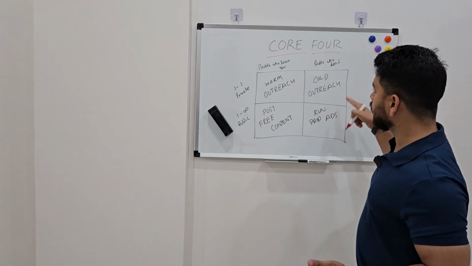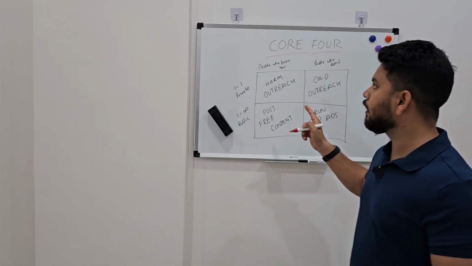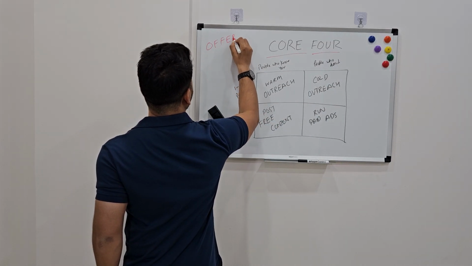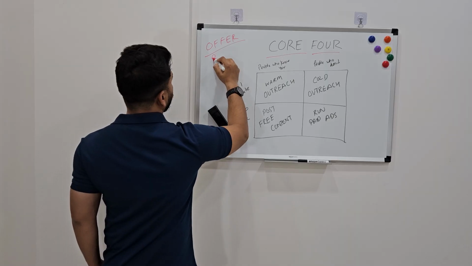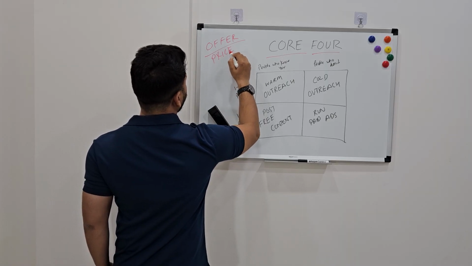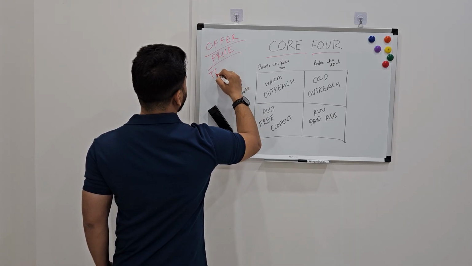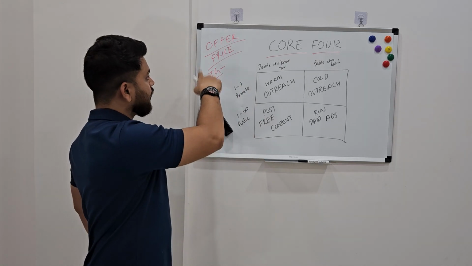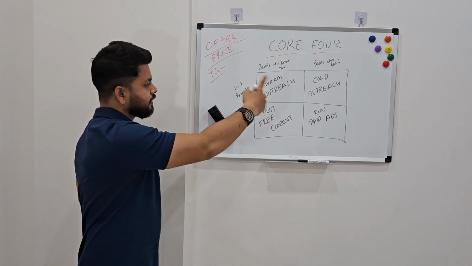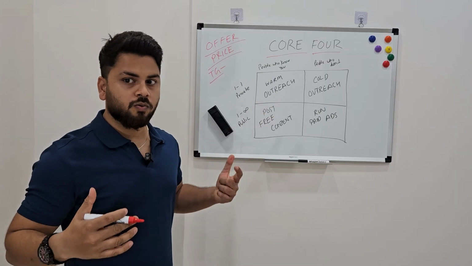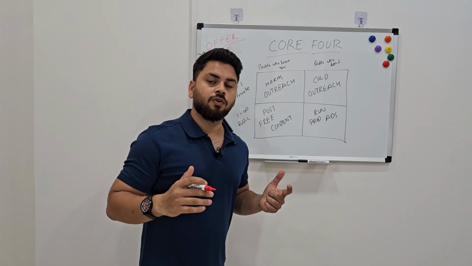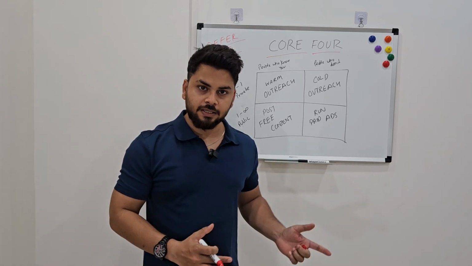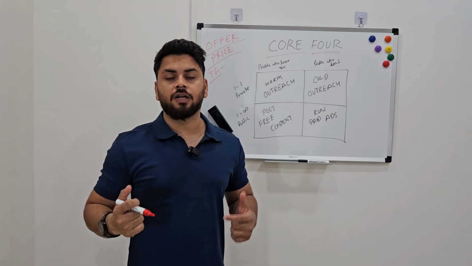First of all, before this you need to understand your Grand Slam offer. You need to know about your offer, your price point, and your target audience, or we can say target group. These three things should be clearly defined before you understand these dynamics. Otherwise, you will get leads, but you won't have any system or anything to sell, or you won't have the right pricing as per the value that you are going to deliver.